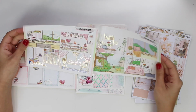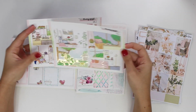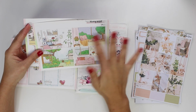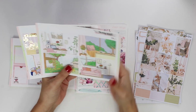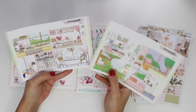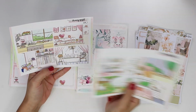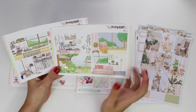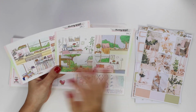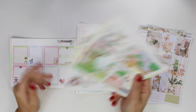And I don't know why, but I think because there's this Valentine stuff here and then this very outdoor kind of stuff, but also cozy stuff too, it reminds me of almost the Four Seasons a little bit. Like the shopping reminds me of fall. That reminds me of Valentine's Day. Some of them seem kind of spring with all the green and summery. I don't know. So anyways, my thought was that it could be a cool kit to kind of start off